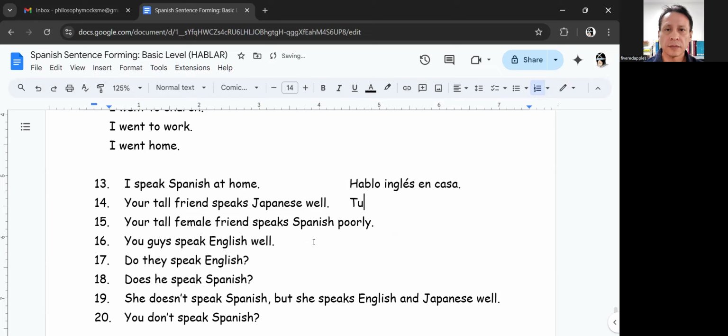Okay. Tu amigo, generally, but it's not like a very strict rule. Adjectives follow the nouns they modify in Spanish. In English, we would say tall friend. In Spanish, we would say friend tall. But we can reverse the order. Okay. Tu amigo, if it's a friend, obviously it's amigo, masculine because it ends with o. Tu amigo alto